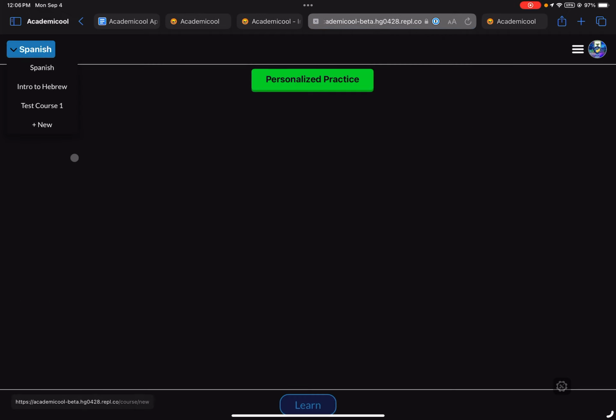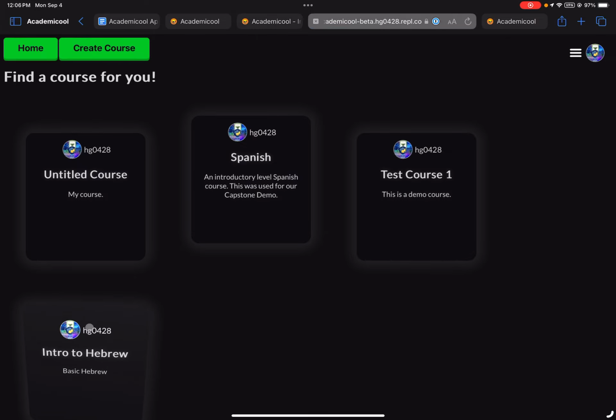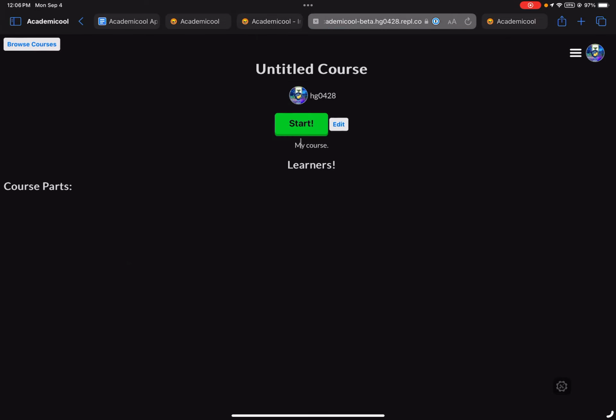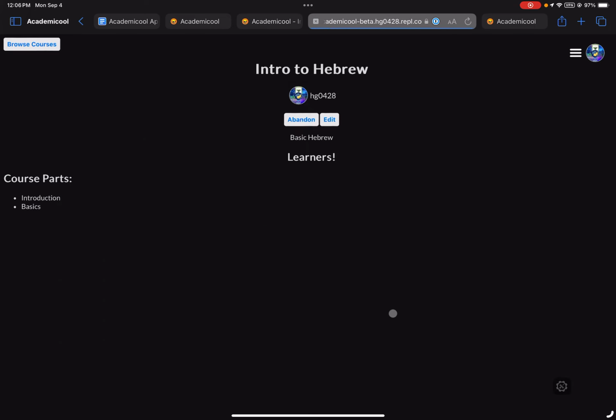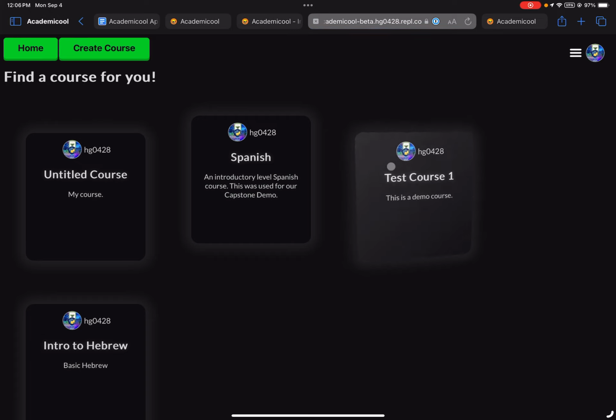And so you can see here when we go to our new and we select a course, the description goes right here. And then it doesn't say anything because, here, let me go here. Okay, this is broken, but it's supposed to say 1 learners. I should make it say 1 learner, but for some reason this appears to be broken. I'll fix that later. But anyways, this is all working, and you have this